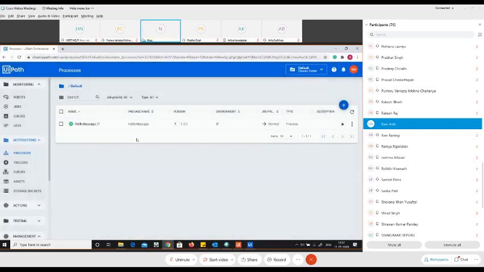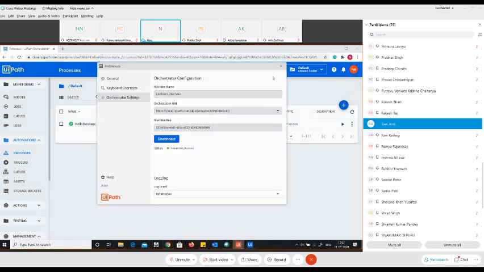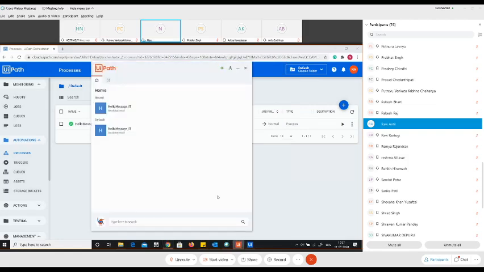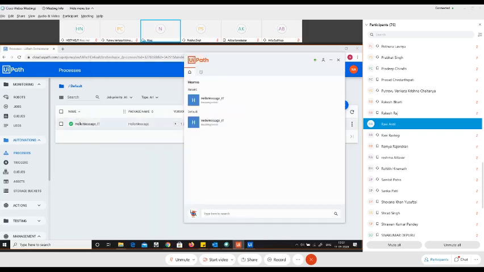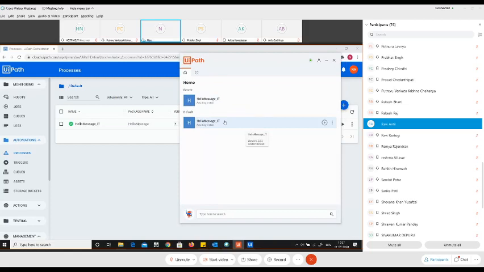Awesome. So now you can see the process has been created and it is up and live and running. If you navigate back to the UiPath Assistant, you can also see the process hello message underscore IT now available in our UiPath Assistant over here. So the moment you upload it into the Orchestrator and you put it under the process, it's also available in the UiPath Assistant robot. So now your customer or you can run your program directly from your Assistant.